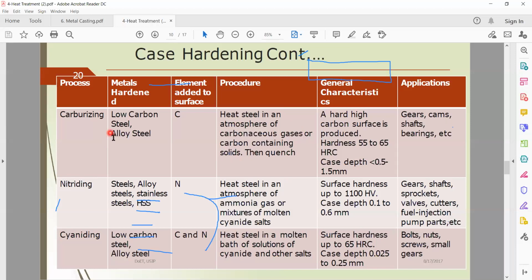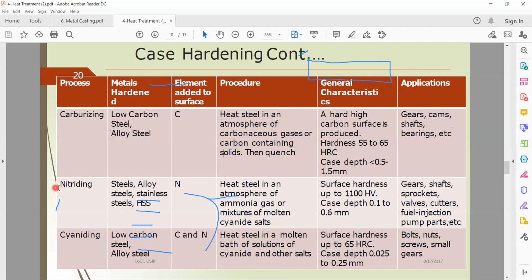You have to heat the metal with this kind of carbonaceous gas or carbon-containing solid. You have to heat that steel with this, then only you can add the carbon element to the surface of the metal, right? But in the case of nitriding,